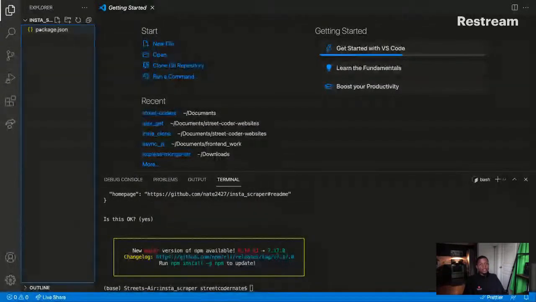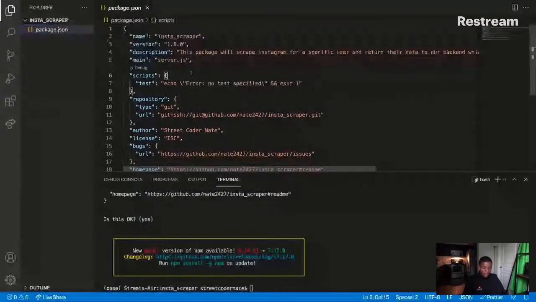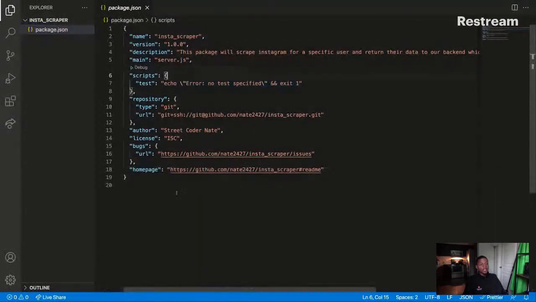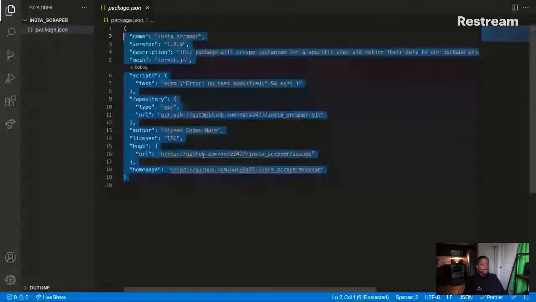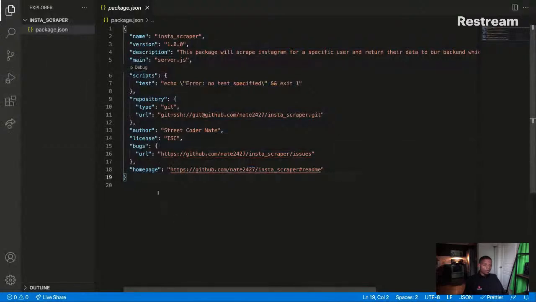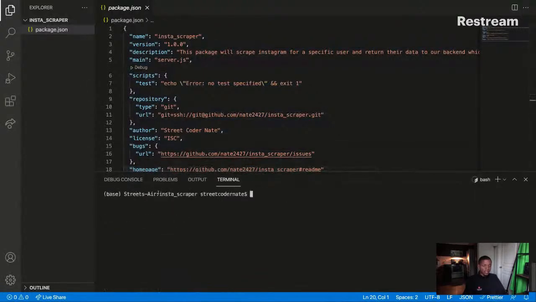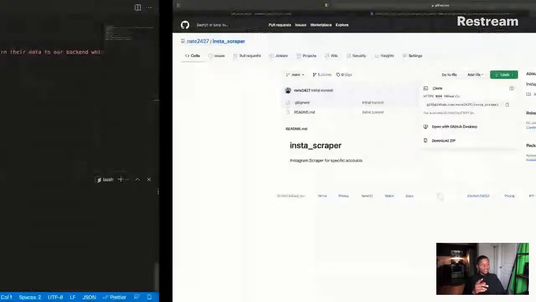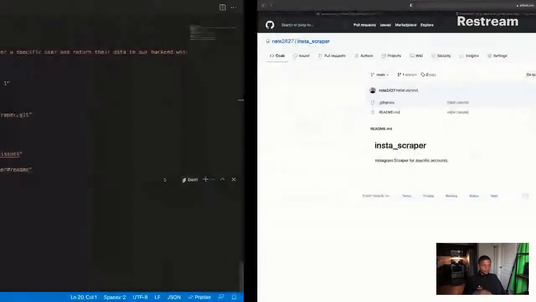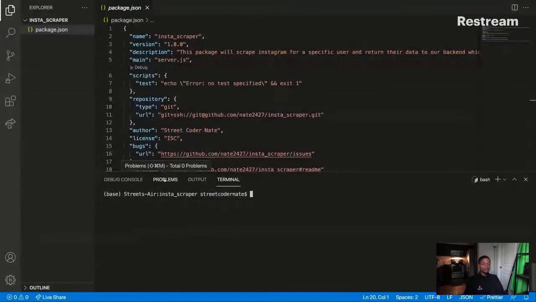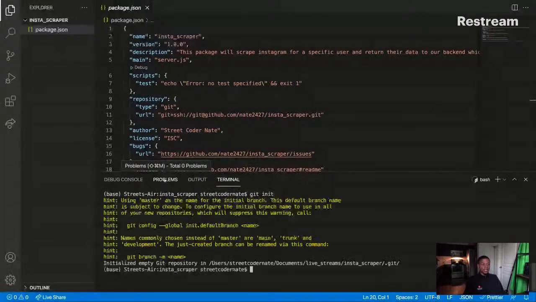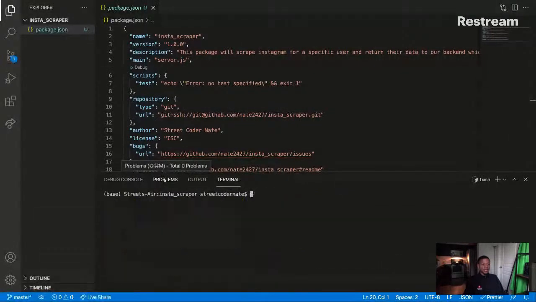So now, as you can see over here, package.json was created, and now I have my package.json that describes my project. And one more thing. Okay, so now that we got our package.json, I'm going to connect this repository to my GitHub repository so I can put my code in the cloud. So the first thing that I want to do is initialize this as a Git repository. So I'll say git init. So now that it's a Git repository, I'll say git